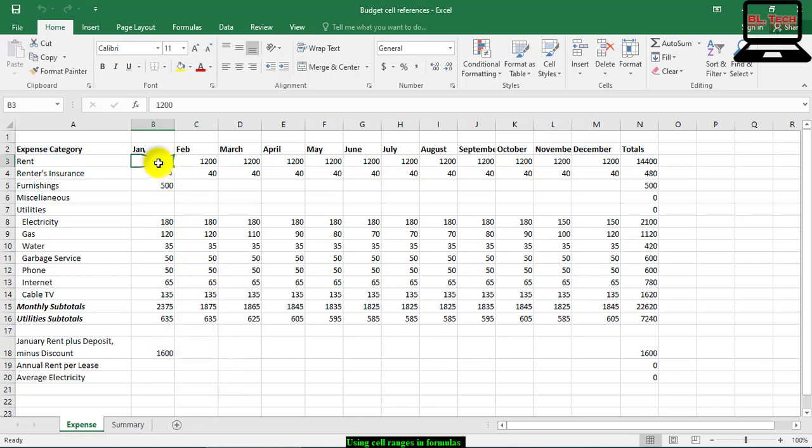Select B3 to D14. Okay, these are the cells to be named. To the left of the formula bar, click the Name Box here.